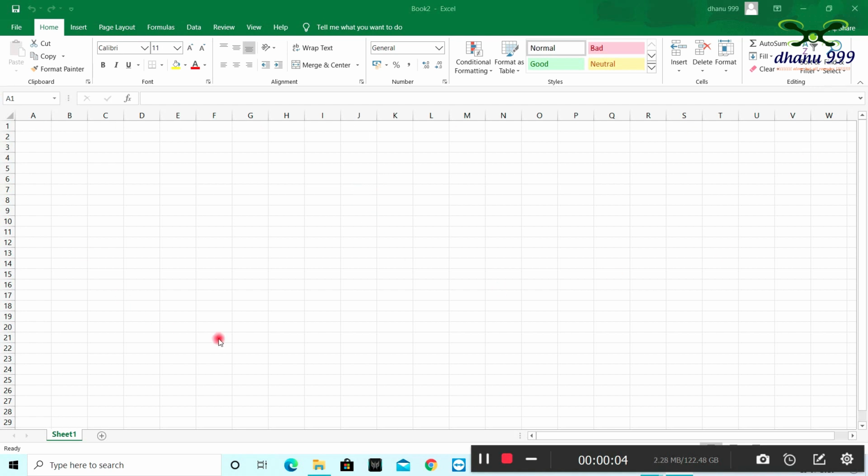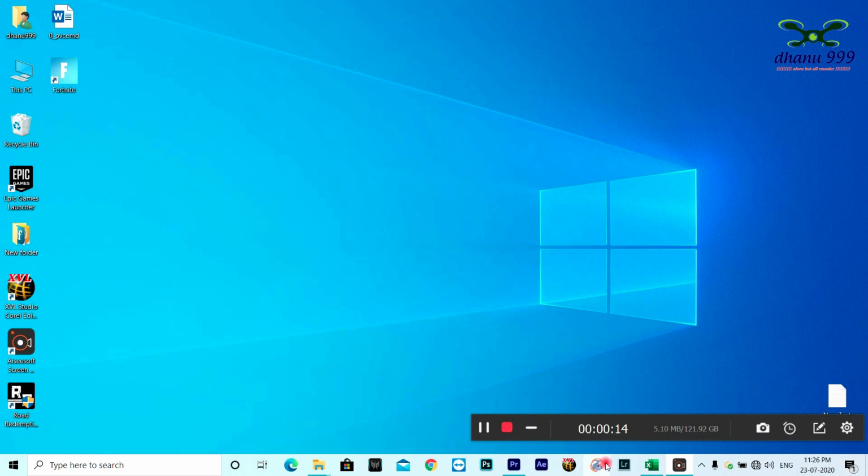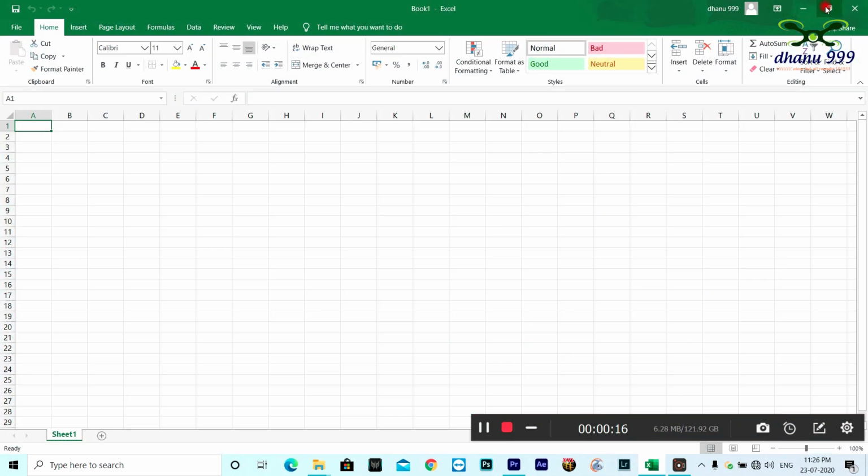After entering into this, these boxes are seen. These are called the Excel user interface. The top side is called the title bar. On the right-hand side of the title bar we can see the minimize button, maximize or restore down button, and close button. With the minimize button we can minimize, with restore down we can change the size, and with the close button we can end the program.